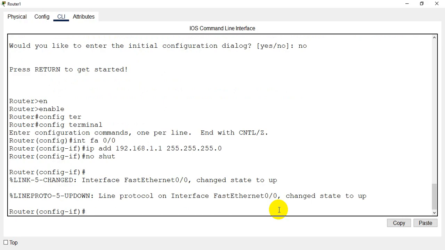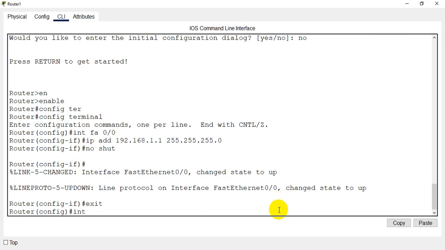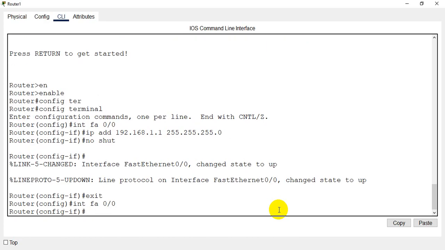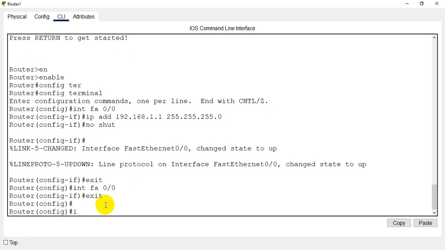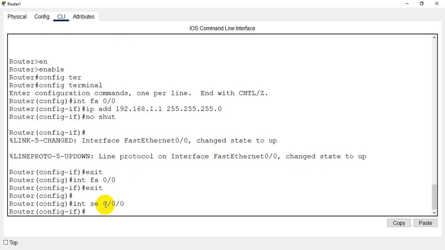Get the point? And then just exit from this port. We are on FA 0/0, and now we need to assign the IP address, but we need to go on a serial port, not FA 0/0. For FA 0/0 we have already assigned the IP address, so now we need to go on a serial port. So let's exit from here and then go to interface serial 0/0/0, and for serial 0/0/0 we have the